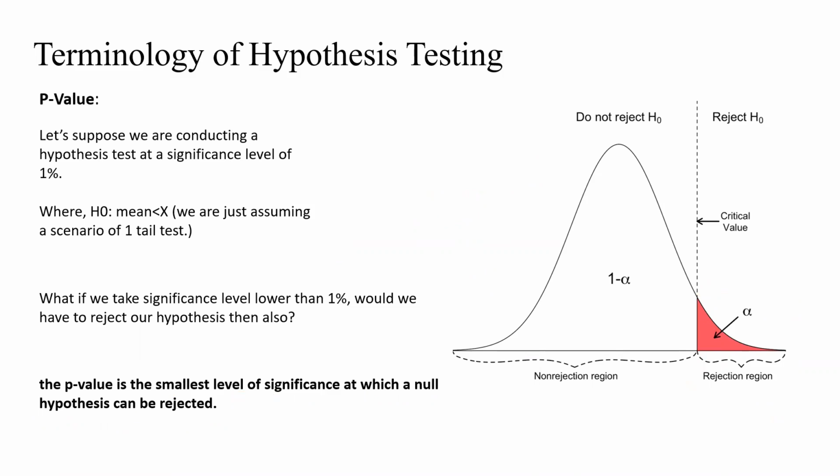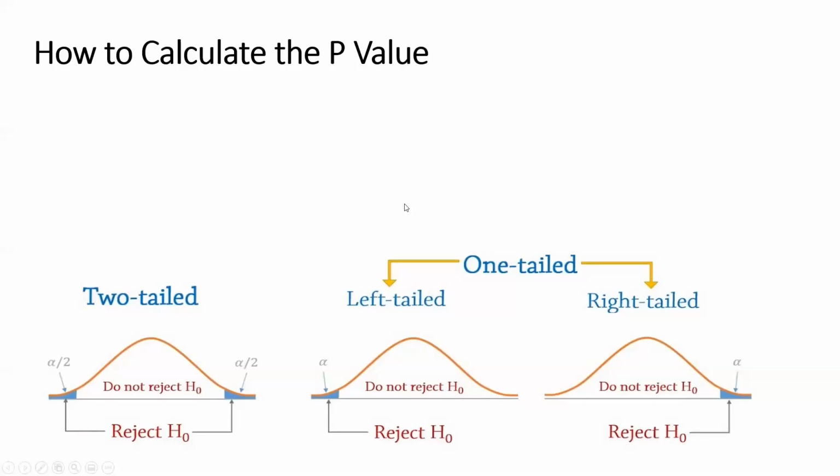It's pretty simple. How do we calculate the p-value given these situations? All we have to do is, p-value is nothing but a probability. Obviously each of these curves is a probability distribution, so the area under it is considered probability. Let's consider this right-tailed example. The p-value for the right-tailed example is nothing but the probability of the test statistic being greater than the observed value